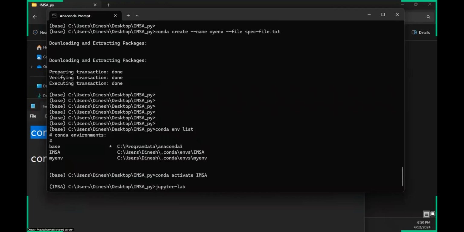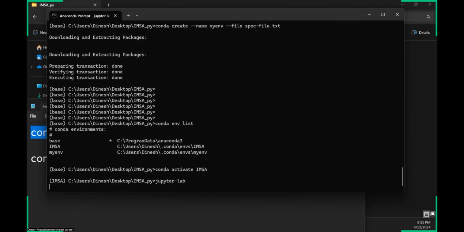So here we have 4 steps. First is importing the environment, then activating that environment, and then opening the Jupyter Lab, because we are going to work inside the Jupyter Lab. So if you type Jupyter Lab and hit enter, it's going to load